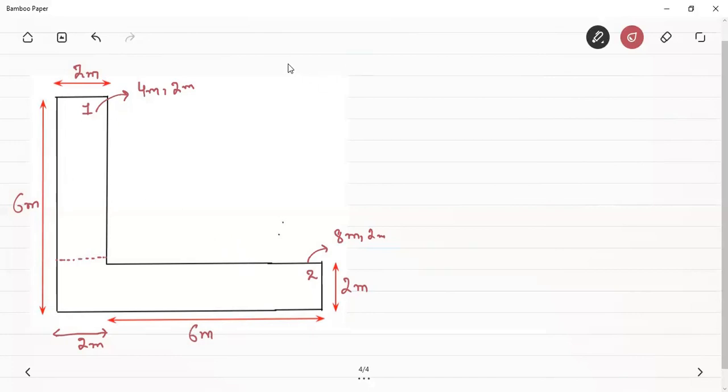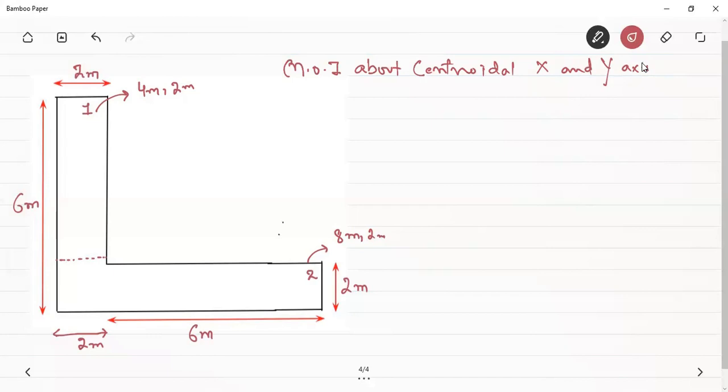So let us find the moment of inertia about the centroidal x and y axes. Obviously, moment of inertia is always defined with respect to certain axes. As per the question, we are interested in finding the moment of inertia about the centroidal x and centroidal y